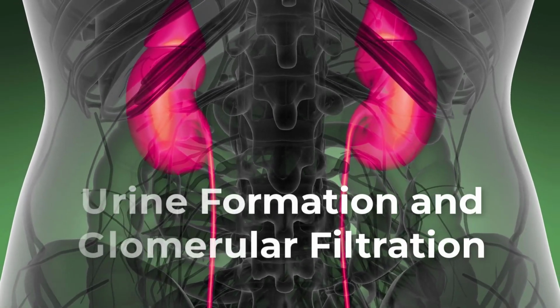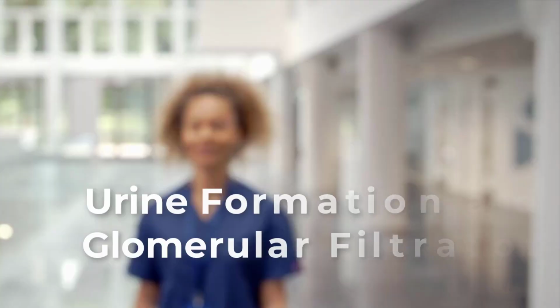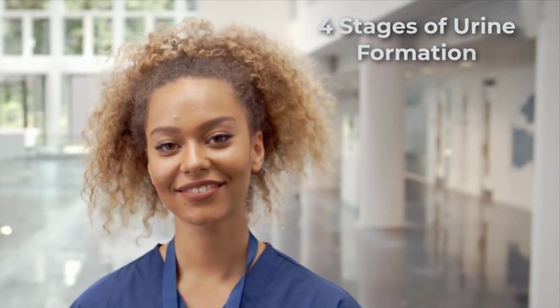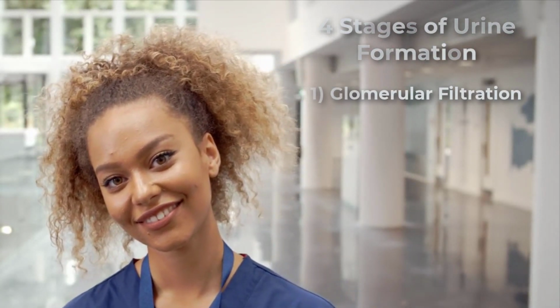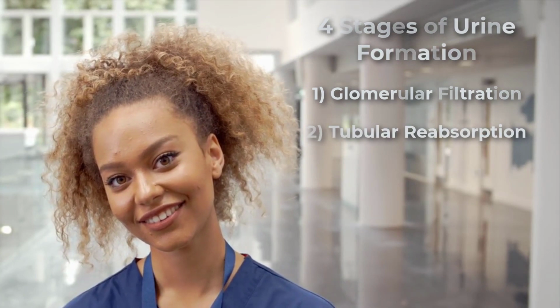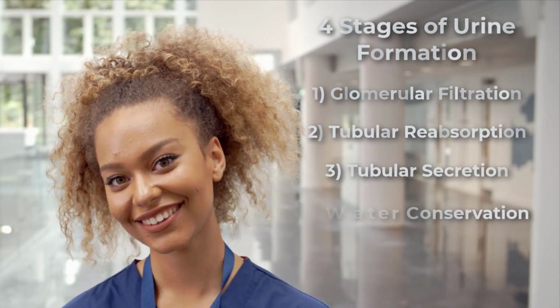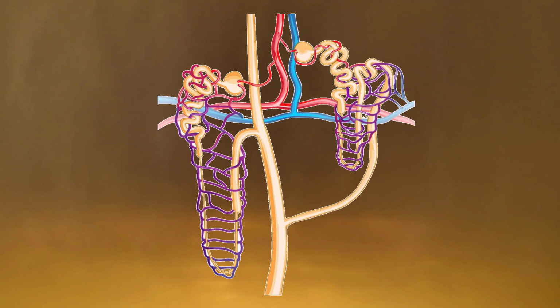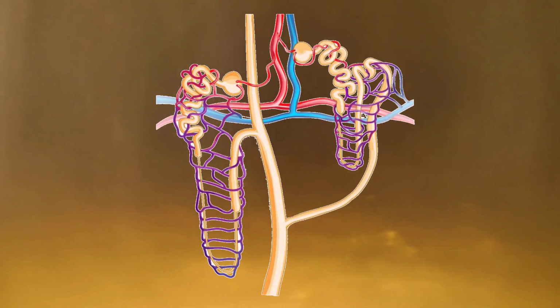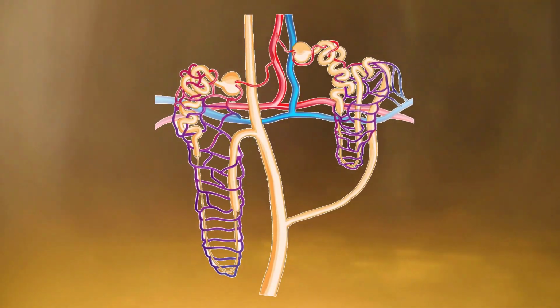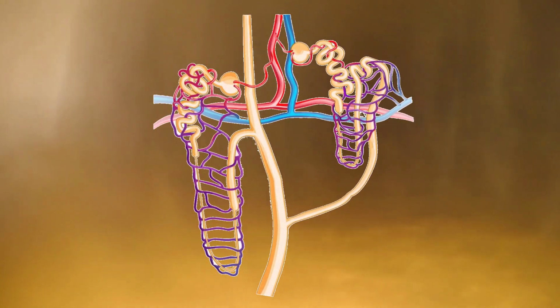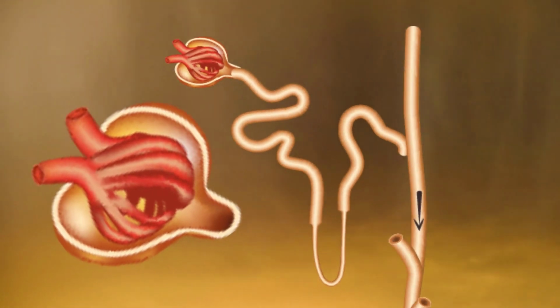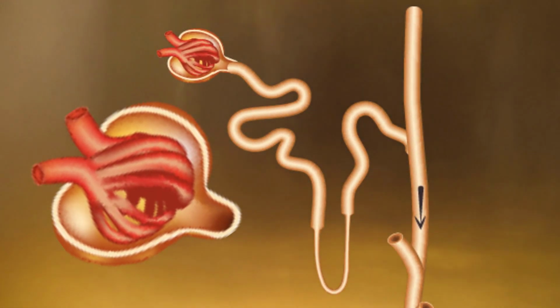Urine formation and glomerular filtration. The kidney converts blood plasma to urine in 4 stages: glomerular filtration, tubular reabsorption, tubular secretion, and water conservation. As we trace fluid through the nephron, we refer to it by different names that reflect its changing composition. The fluid in the capsular space is called the glomerular filtrate and is similar to blood plasma, except that it